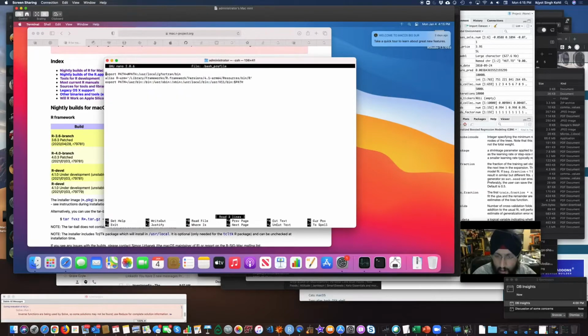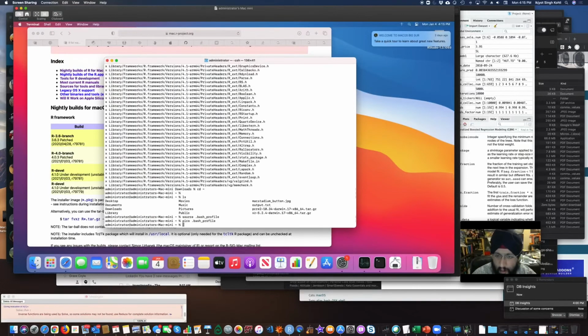Okay, so you can actually see that I've created an alias beforehand because I knew I was going to be making this video. I will use the alias R-ARM, and basically this will call R, the 64-bit ARM version, in anything that you're running against. So I'll just compile that, and now I'll just